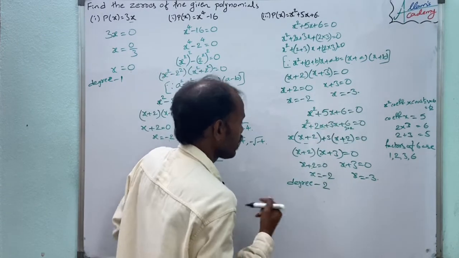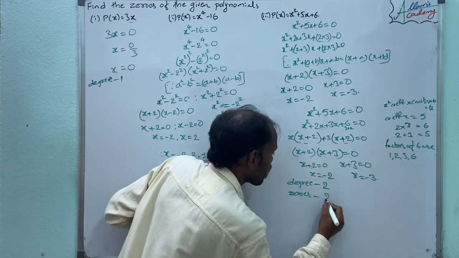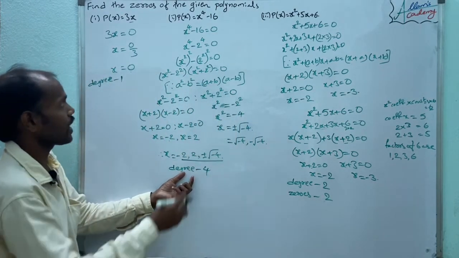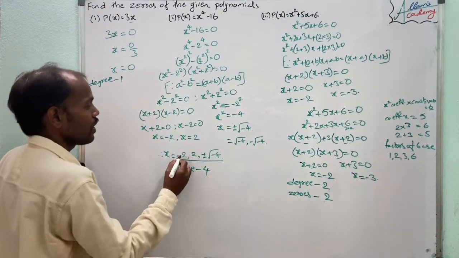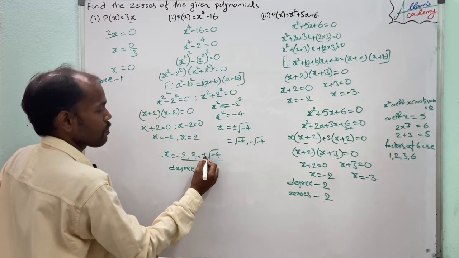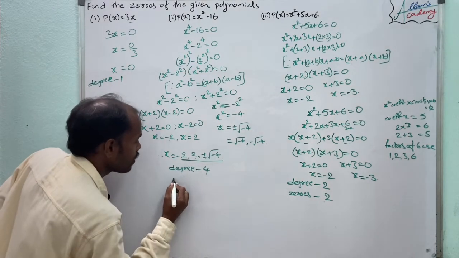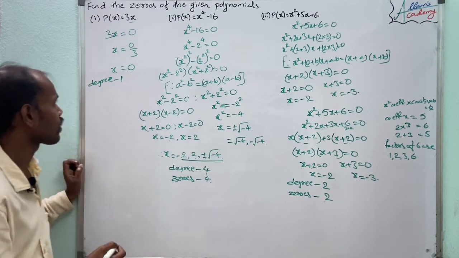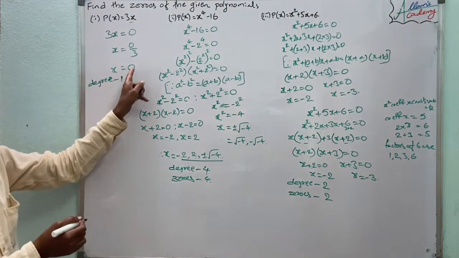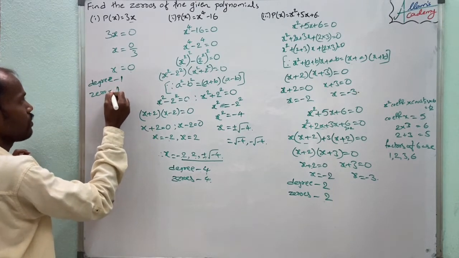Now let us see the zeros of the polynomial. For this polynomial, how many zeros came? Here 1, here 1, so in total 2 zeros. For the polynomial x square minus 16 equal to 0, how many zeros came? 1, 2, and plus or minus means these were 2 only, so a total of 4 zeros came. So the zeros of the polynomial is 4. Now here how many zeros came? 1 only, so the zeros of this polynomial is 1.